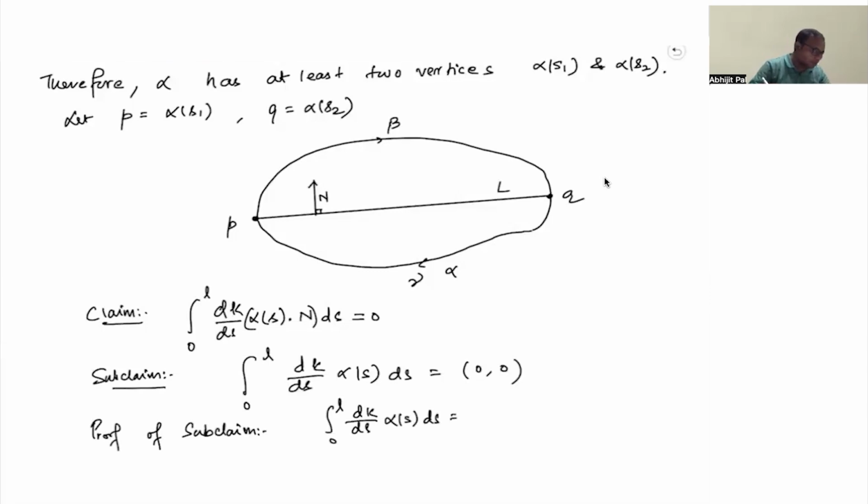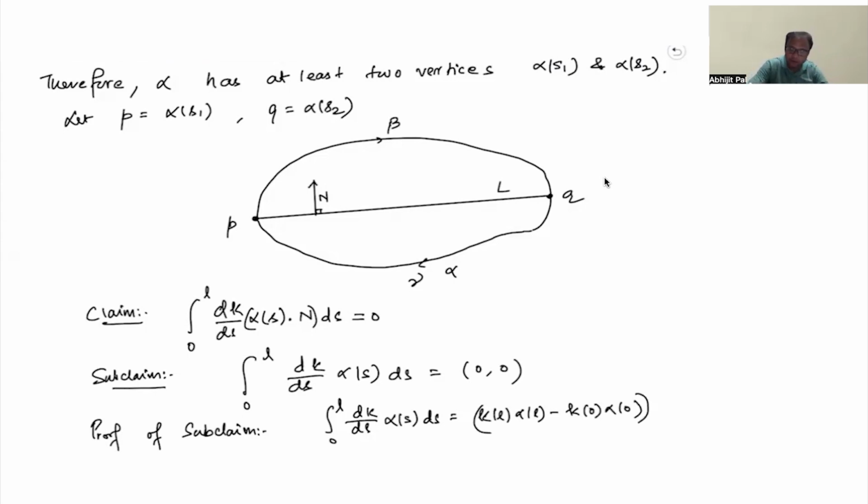So this is equal to K(L) alpha(L) minus K(0) alpha(0)